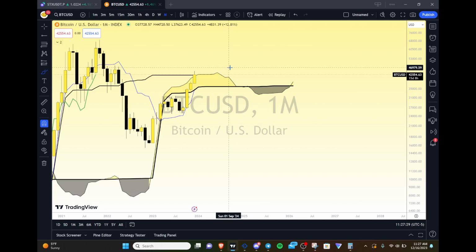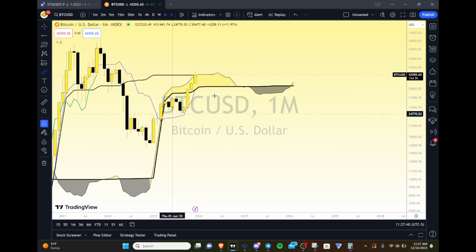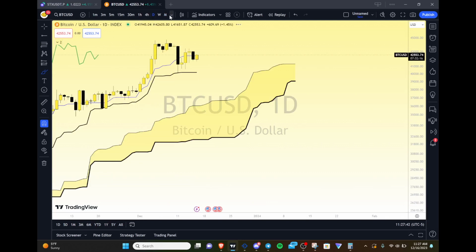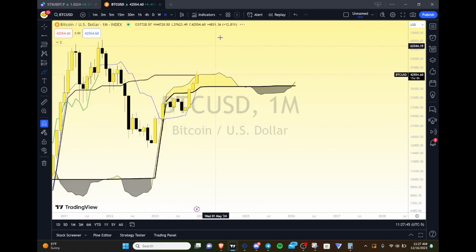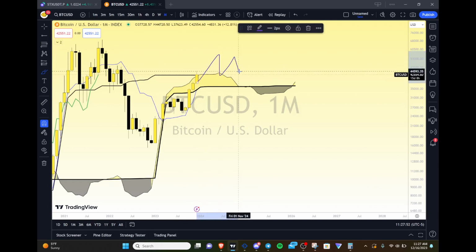But if we are correct, or at least if I'm correct in that this is the beginnings of the continuation of the bull market for the monthly on Bitcoin. Okay, and again, this is the monthly, so that means this could take many months before we even come close to the all-time high. We can come up to here and consolidate, right? We could do something like this for many, many months. Who knows? It could take a whole year before we go after the high.